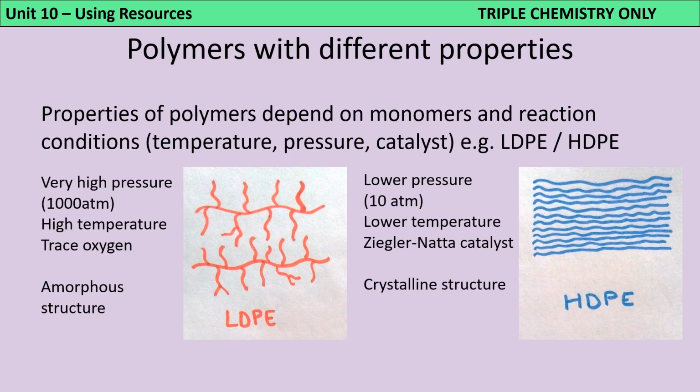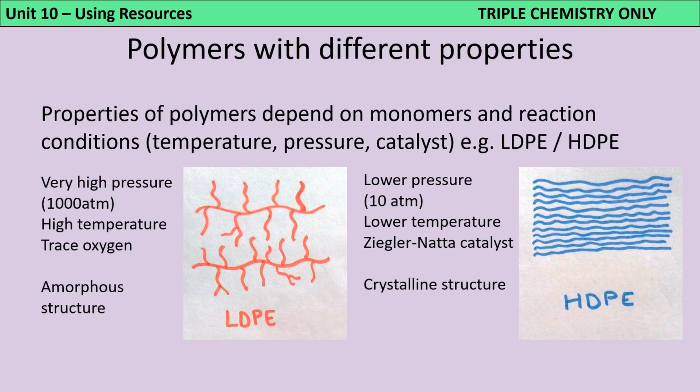Low density polyethylene is made under very high pressure at a high temperature with a trace amount of oxygen as a catalyst, and it has an amorphous structure where it doesn't stack nicely together. Whereas if we use a much lower pressure and a lower temperature and a Ziegler-Natta catalyst, then we can produce high density polyethylene, which has a crystalline structure where the strands pack tightly together, meaning that it has a much